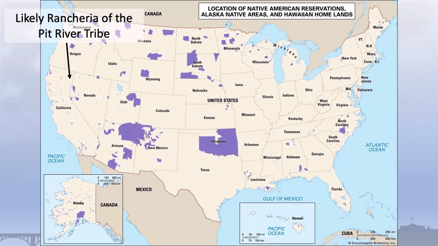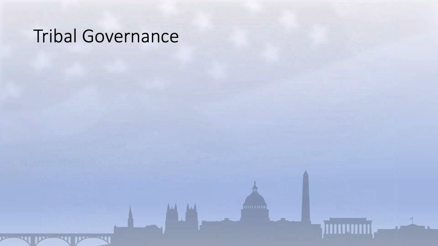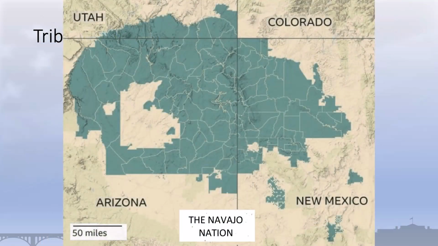The largest is the Navajo Nation, spanning northeastern Arizona and spreading into parts of Utah and New Mexico as well. The Navajo Nation is home to more than 173,000 people and comprises more than 27,000 square miles. The scope and scale of tribal governments widely varies, though. The Navajo Nation is often pointed to as one of the strongest.